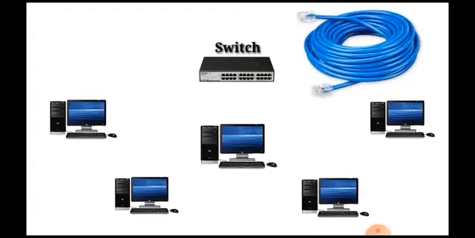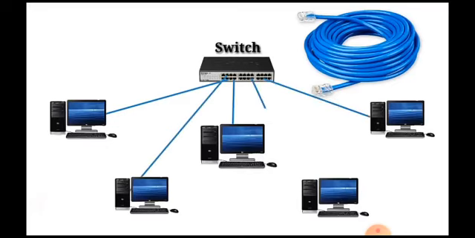In the figure in front of you, the computer to switch connection is provided with the help of straight through cable. How will it connect? You can select any port on the switch and connect it to a particular computer. Everyone knows that every computer has an RJ45 connector. If your computer doesn't have one, you can't put your computer in the network. This animation shows how connectivity is made between the switch and your computer.